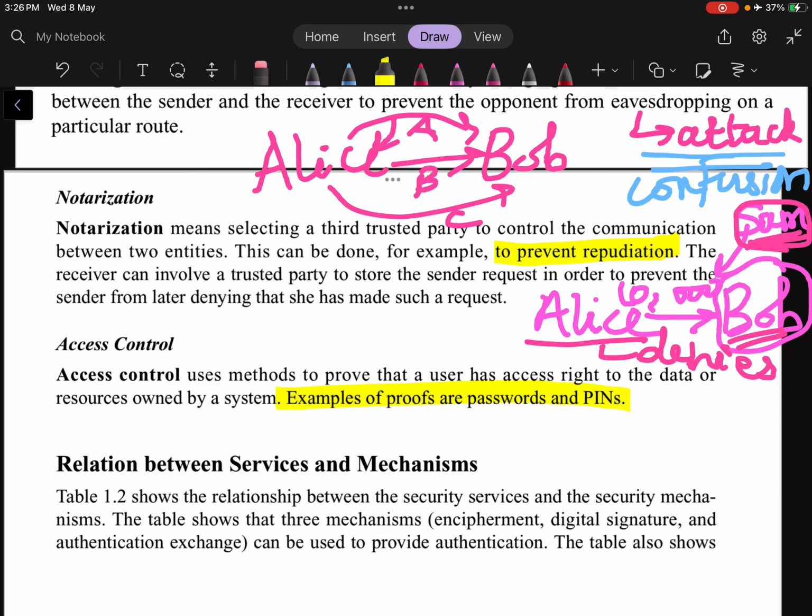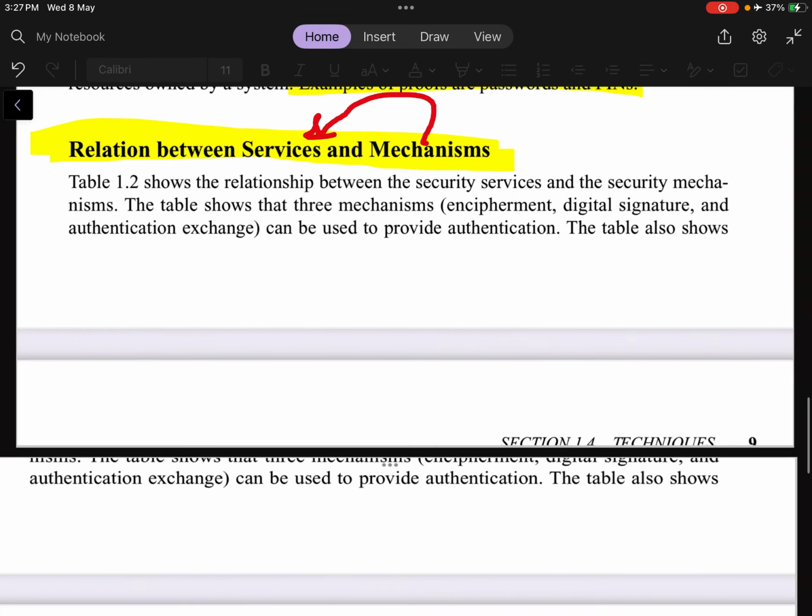Next, a very important question is the relationship between services and mechanisms. We already saw that for the various services we need mechanisms. We are dependent on the mechanisms for the execution of various services. Now we will see what is the actual relationship between them. Table 1.2 shows the relationship between security services and security mechanisms. The table shows that three mechanisms, encipherment, digital signature and authentication exchange, can be used to provide authentication. The table also shows